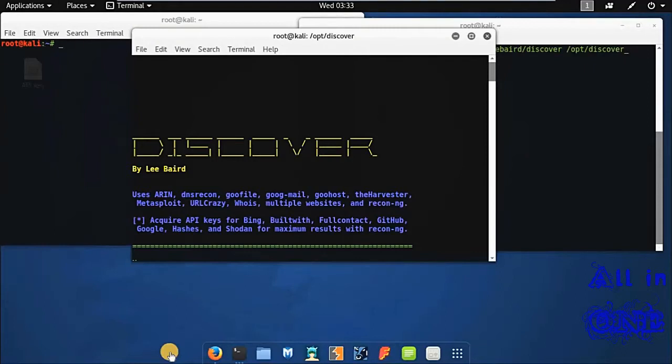So there is yet another tool, that is the Discover script, written by Lee Baird. I use this tool mostly when I'm going through the reconnaissance phase of a penetration test, because it fetches as much information as possible from the internet. It collects information by using and combining most of the tools like DNSRecon, goofile, goog-mail, goohost, theHarvester, Metasploit, dorks, the Whois database, multiple websites, and a great tool, that is Recon-ng. So that is why I like it most, and obviously used it while going through the penetration testing